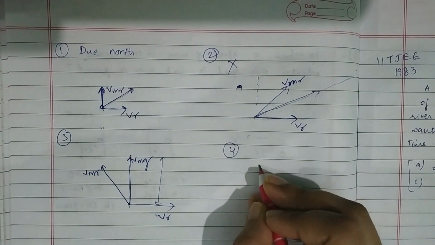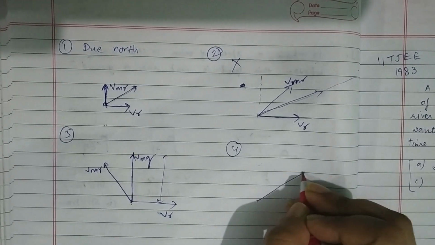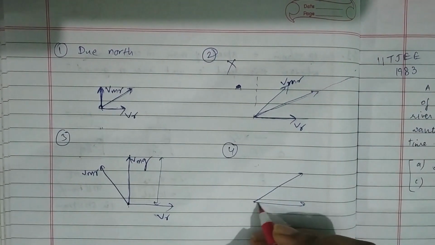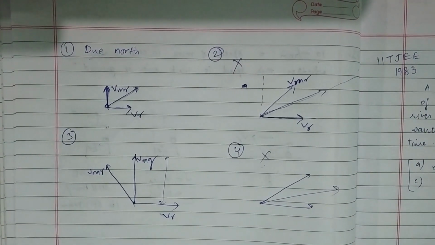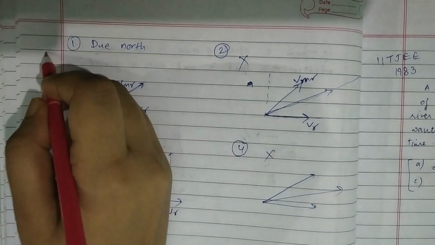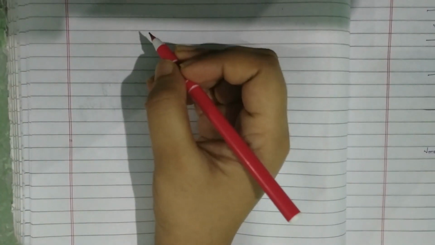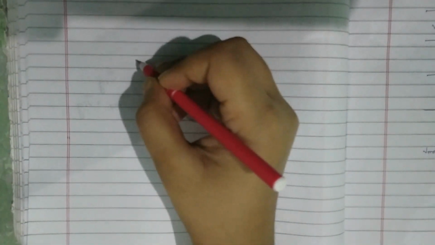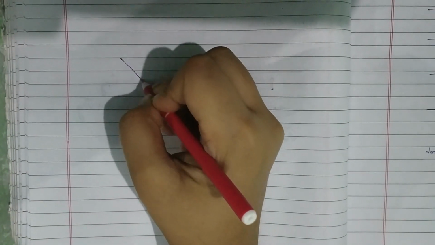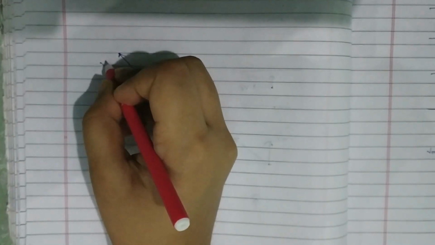Then the fourth one is it should go again 60° east. So this is again more than this, and the final answer will be again more eastwards, and this again rules out, right? Okay, so let's try to explore these two options. Which one is right? Let's try to explore our third option, in which it says it should go westwards. Or maybe you can say the general case, the most intuitive case.